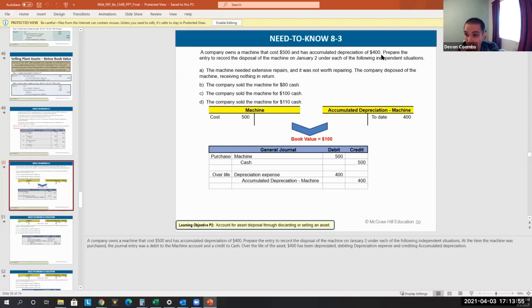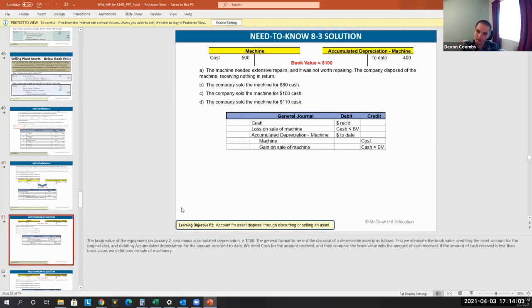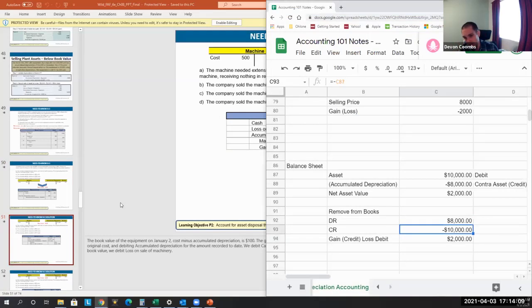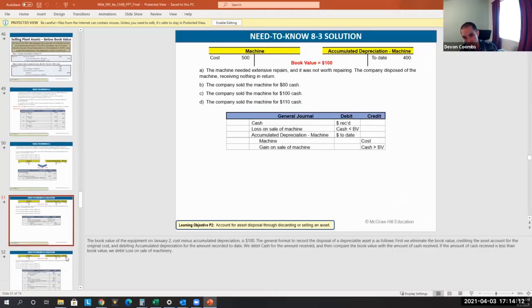When it has an accumulated depreciation of 400, we kind of did that. We're just going to write it off. Depreciation expense of 400, accumulated depreciation of 400. That's going to be this regular journal entry. And then if we throw it out, it's just going to be using this kind of calculation, right? We kind of went over a lot of examples like this, where you're just going to have to,